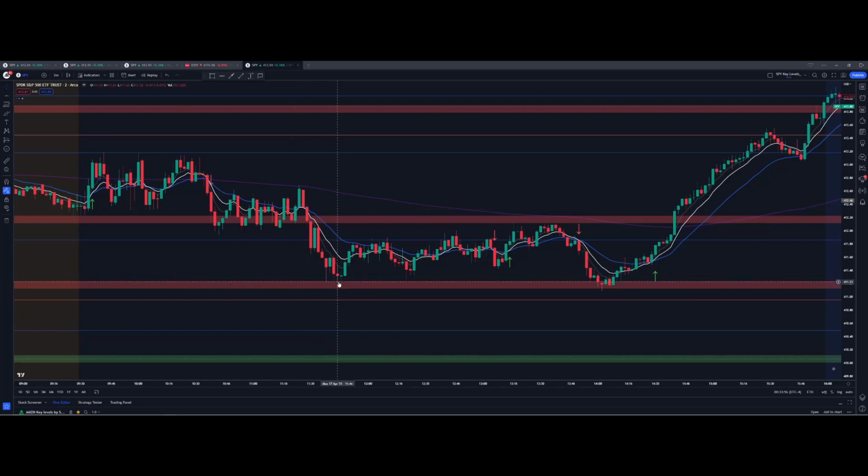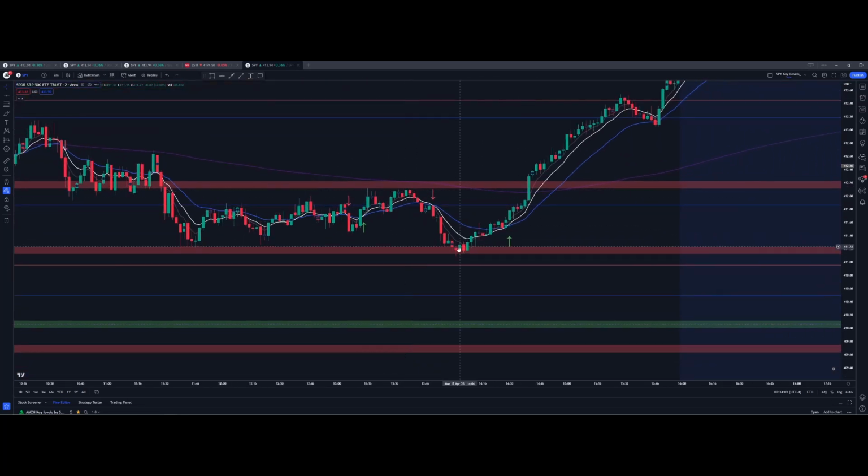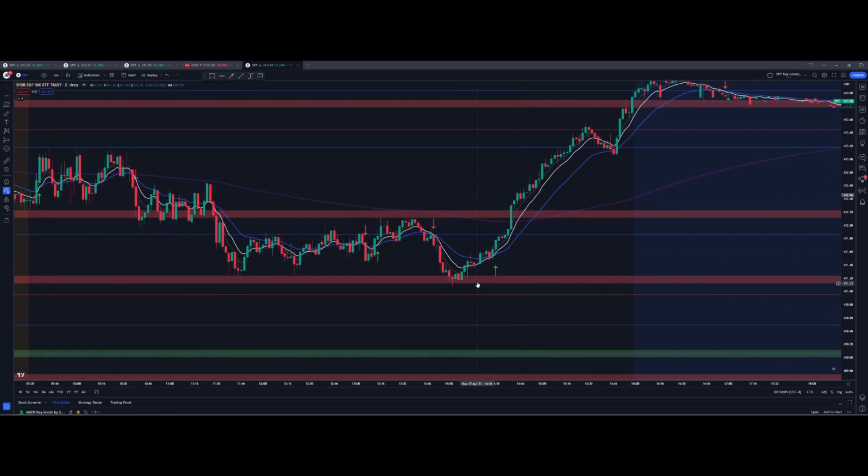You can now take your profits, and if you want to catch a bounce, you can hop in here. You can see we consolidate between these zones. We can't get past this zone. We pull back to this zone right here. Now the great part is this is actually where we found support for this huge rally. So the good thing is you see this sell signal, you can hop in, get out at this zone, and